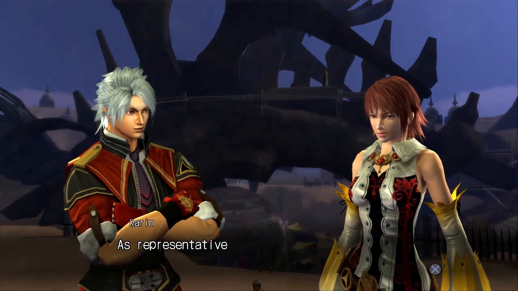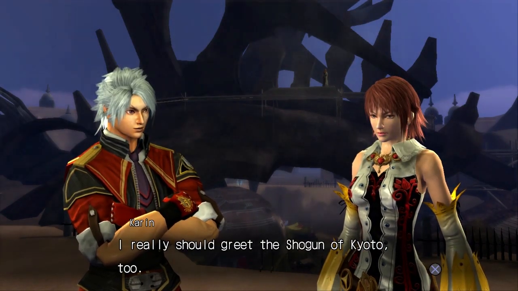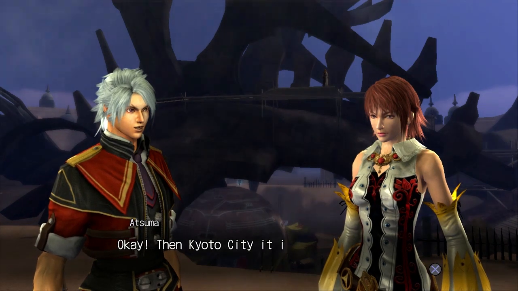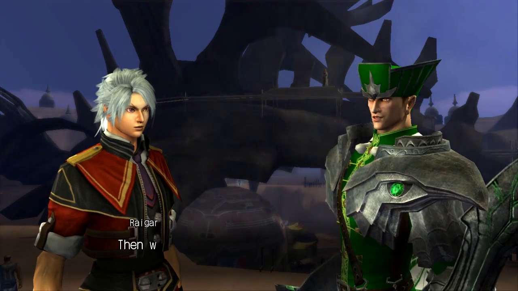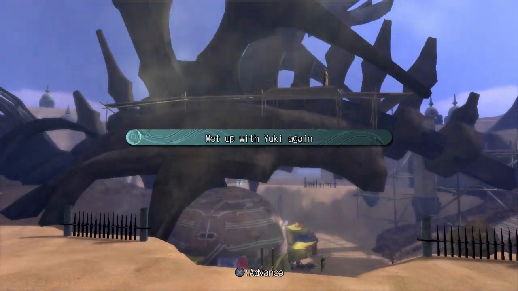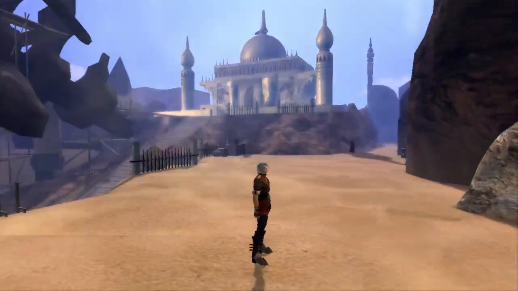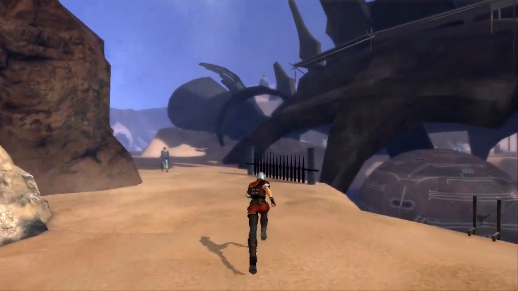As representative of London City, I really should greet the Shogun of Kyoto, too. Okay, then to Kyoto City it is. Then we need to head for the Western Desert. We got with Yuki again. Hooray! Now, I know they put me at the exit, but...